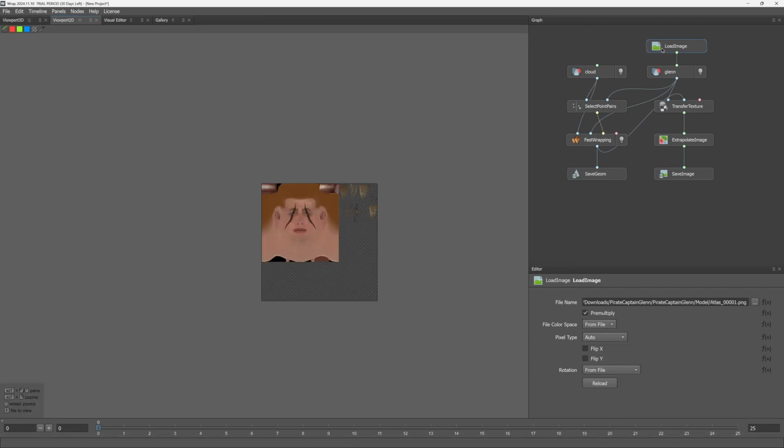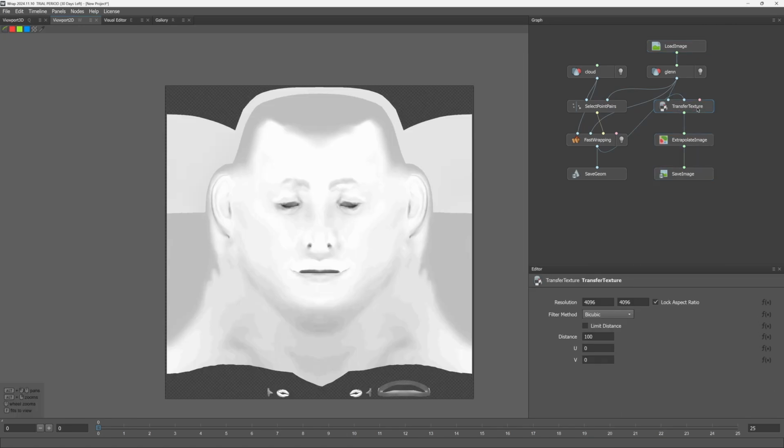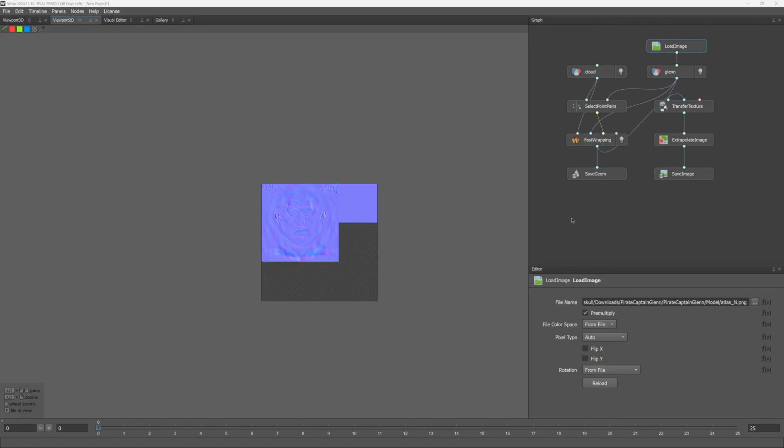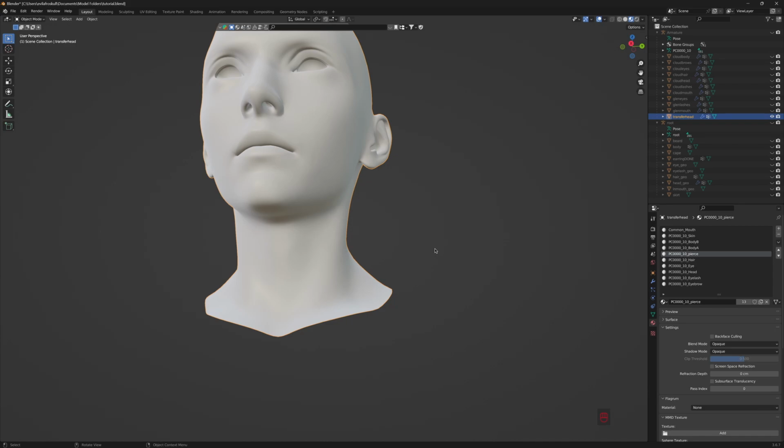We're going to have to do this for each map that this face has, which means we're going to have to do it for the O, N, and the MG map. So I'm going to do that really quick. Alright, so once we have that all done,